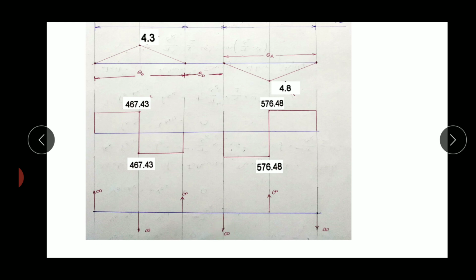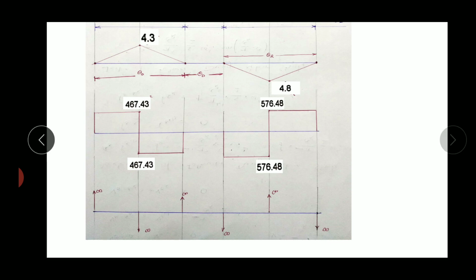Similarly, at the half of return stroke, an infinite amount of jerk is required to achieve a constant acceleration from a constant retardation within no time. It is represented by a vertical line, and as the slope of a vertical line is infinity, it requires an infinite amount of jerk in the upward direction. Similarly, at the end of return stroke, an infinite amount of jerk is required to achieve zero acceleration. So that's how we can plot the displacement, velocity, acceleration and jerk diagram for the follower